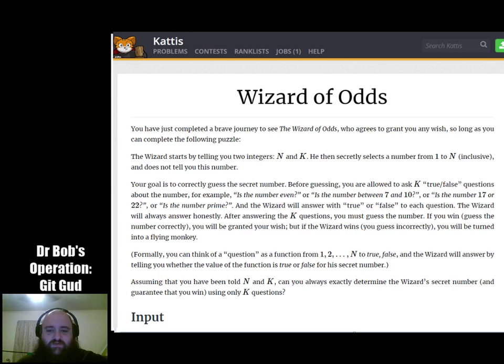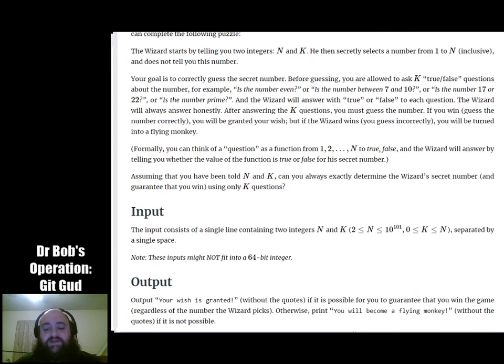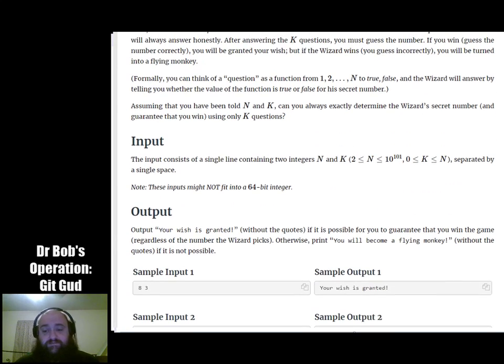So you have the wizard who gives you two integers n and k and selects a number from 1 to n, and you get k questions, and then you have to guess the number. So basically, the high-low guessing game or whatnot. And so the idea is the best you can do at any point is to cut the search space in half, right?